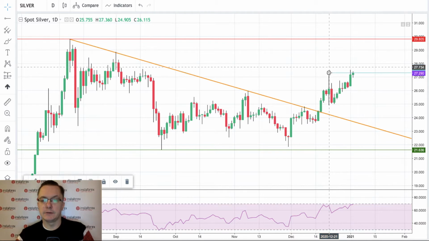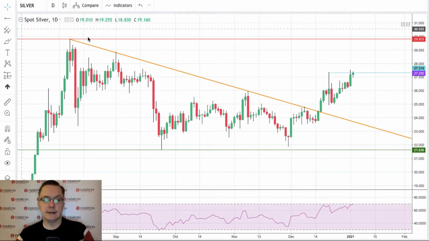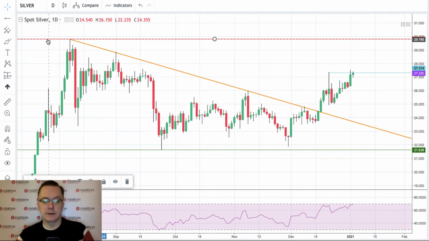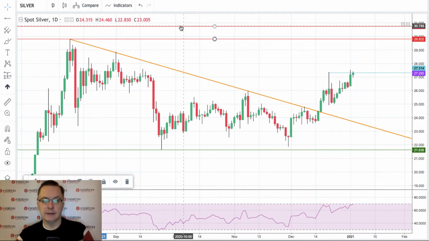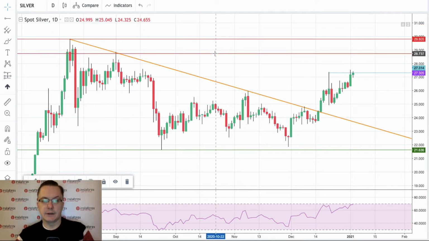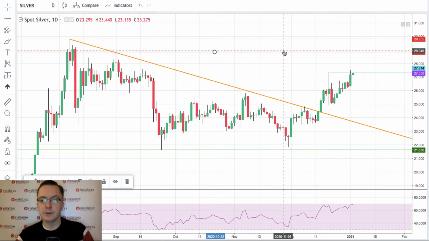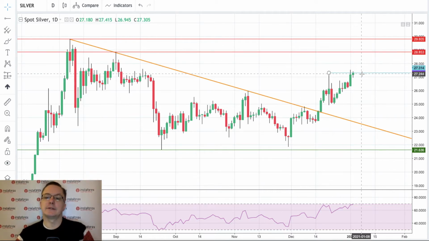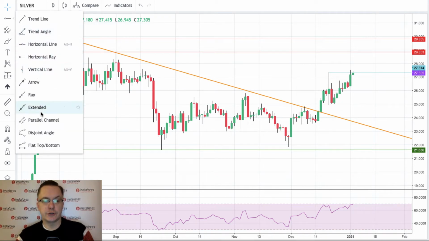to continue the rally. And the next target, in my opinion, as you can see from the chart, is located at the level of 28.85. So that's the next target for the bulls. The short term